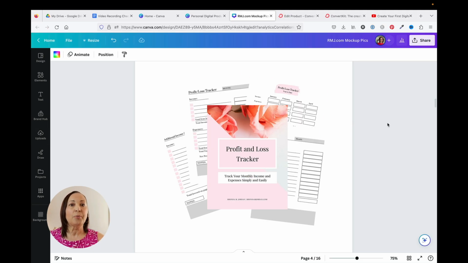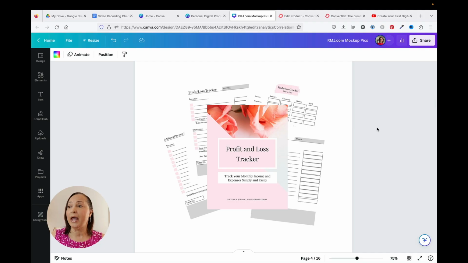So over in Canva, here's a mock-up of a digital product that I actually sell. And so all I've done is taken copies of the pages of my digital product and put them into a mock-up, and then just put a picture of the cover, if you will. Now, the next thing you'll need to do with your mock-up is to download it so it can be used as part of the sales page that we're going to be creating in a later step.